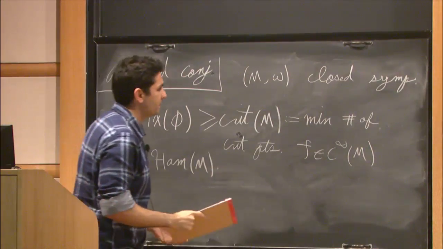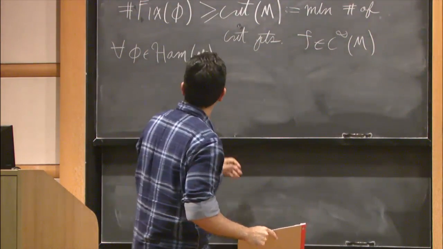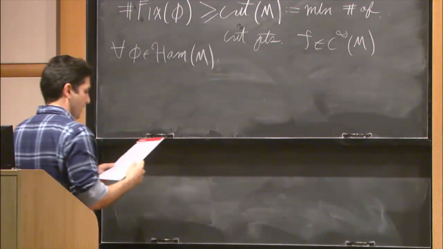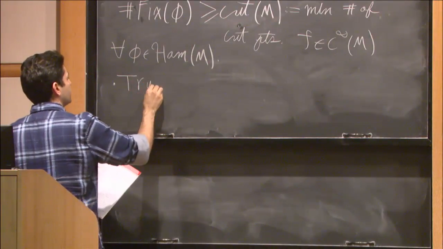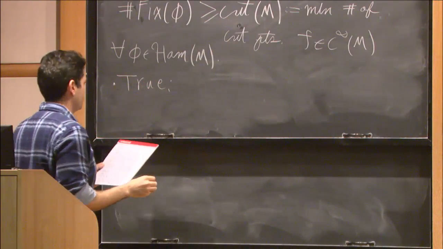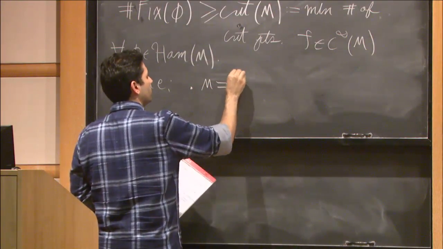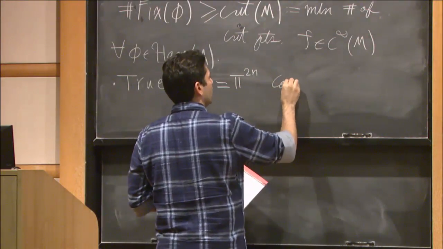Usually in symplectic geometry we treat other versions of the Arnold conjecture, but this is the original version that he stated. And in case you were wondering in what generality it has been proven, here are some cases at least I know of. If M is a torus, then this was done in the famous paper by Conley and Zehnder.